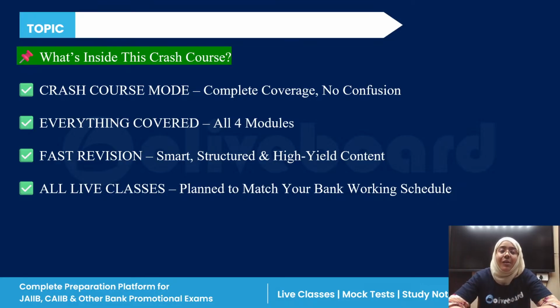In the foundation batch our speed is very slow. We go into every bit of detail to explain each and every topic in the unit, and that's why we only pick one unit in one day. Sometimes one unit has two classes in the foundation batch. But this is not the case in the crash course. Everything will be covered, but the speed will be high. I am taking two or three units in one day, because this is a revision batch.